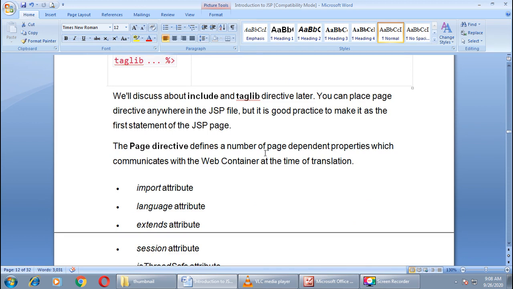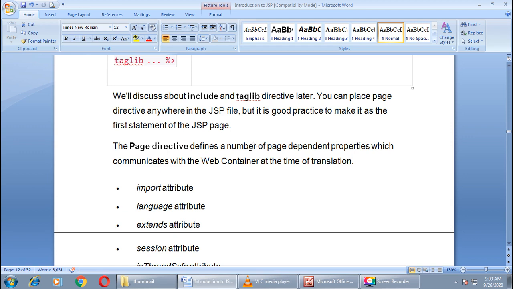You can place a page directive anywhere in the JSP file, but it is good practice to make it the first statement of the JSP page. Keep this thing in your mind. I repeat, you can place page directive anywhere in your JSP file. When you are coding in JSP, HTML and Java code both together, in that coding you can place your page directive anywhere, right?